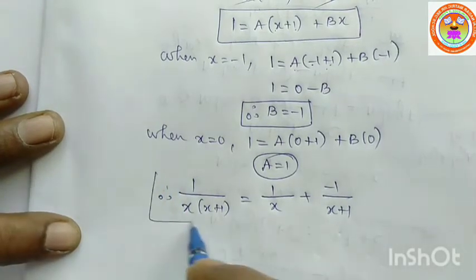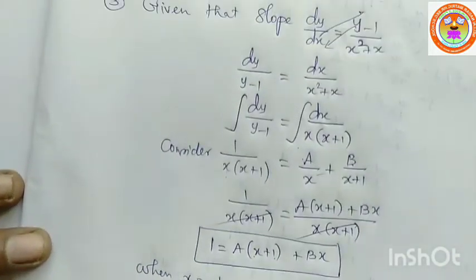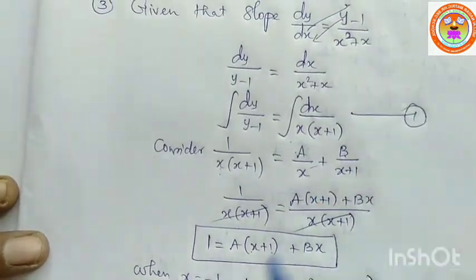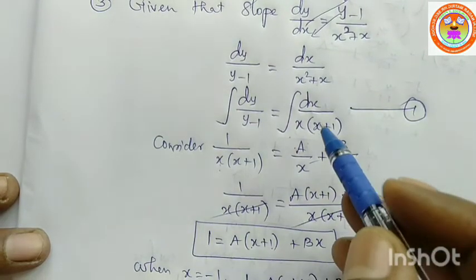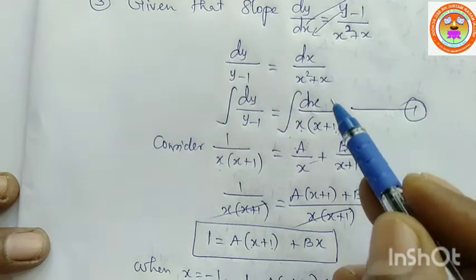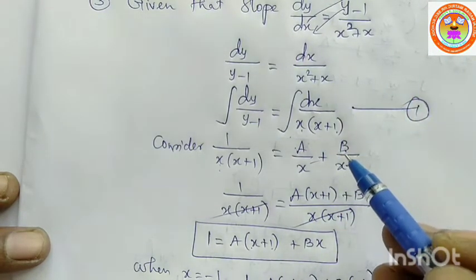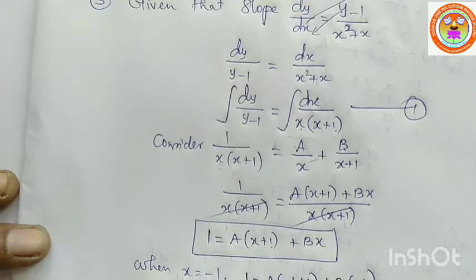Now, we can apply this in the original equation. So, instead of 1 by x into x plus 1, we can write 1 by x minus 1 by x plus 1. Okay? So equation 1 becomes